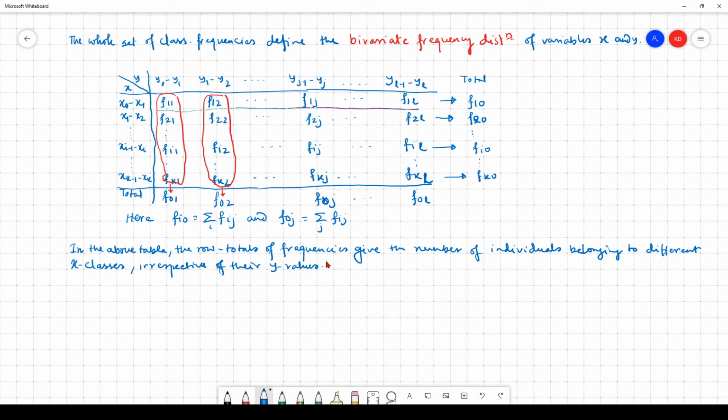So the first and the last column together present the